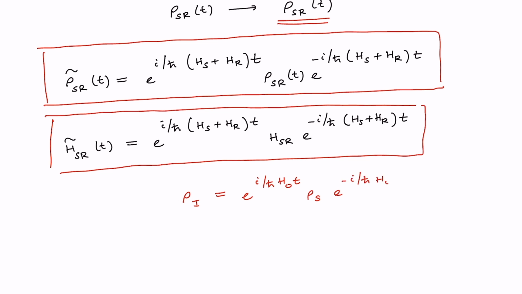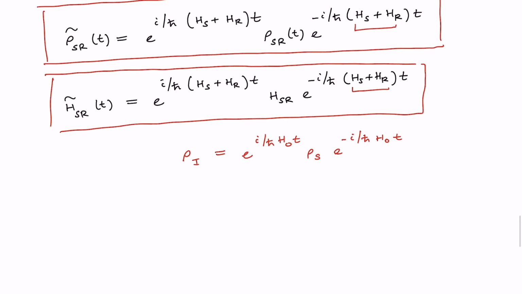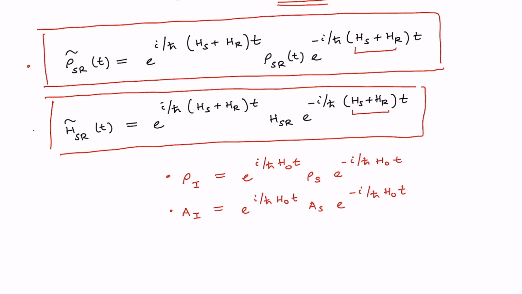Here H0 is the Hamiltonian corresponding to the isolated system without interaction. So here H0 consists of two parts: one is due to the system and the other is due to the reservoir. Similarly, for the operator, as we have already written, in the interaction picture the operator is written in this form: e to the power i by h bar H0 t, and this operator in the Schrodinger picture is with e to the power minus i by h cross H0 t. So if you look at this expression, things should be clear to you.